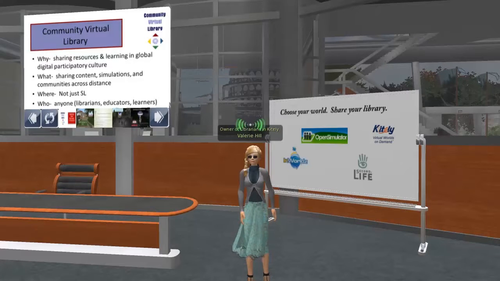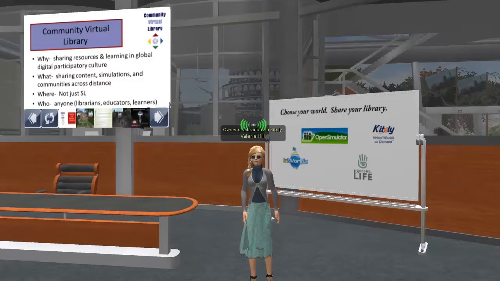Elise is going to talk about Vicara, which has a huge presence in Second Life. That's their main branch as well. But how Vicara can also expand into these other virtual spaces. And Marie's going to talk about some special collections both here in Kitely and in InWorlds. And what I mean by special collections, an example is the InWorlds library that has a sci-fi fantasy theme. So that special collection, if you're interested in sci-fi and fantasy, you would go to that library.